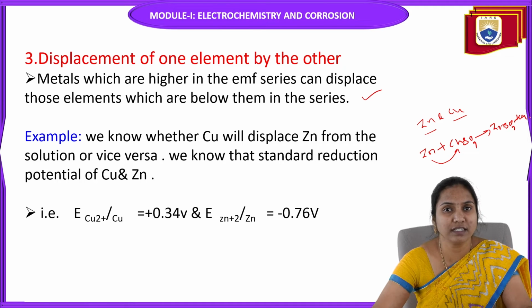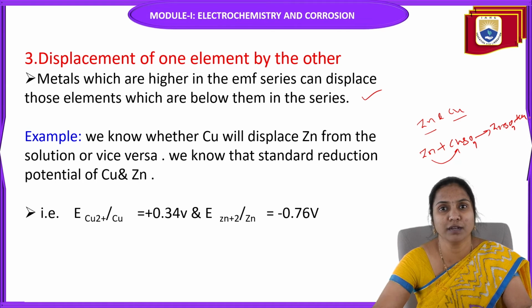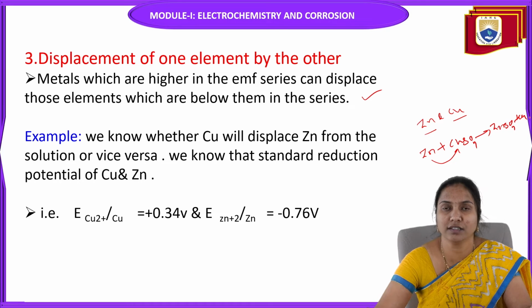So which metals are in a higher position in the electrochemical series? Which metals are below in the EMF series? It can be easily understood by using this electrochemical series. This is one of the applications of the electrochemical series. For example,